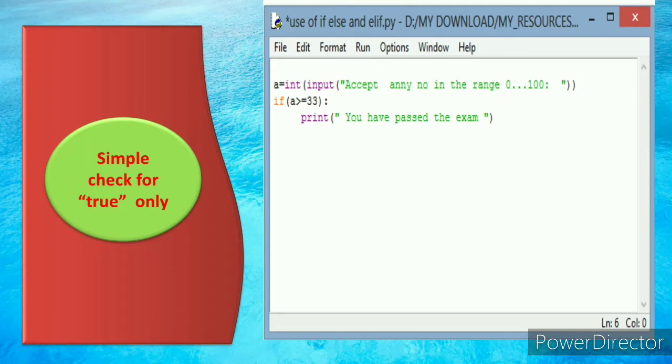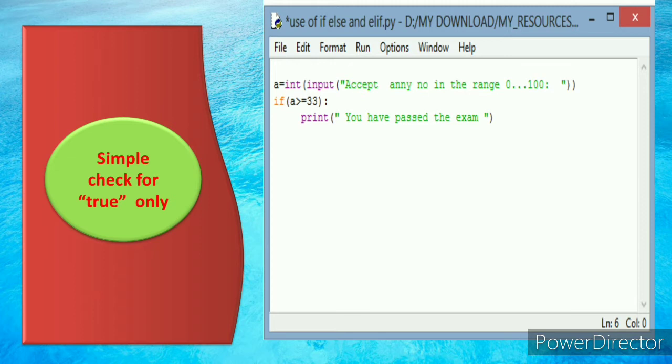Now we can find a small screenshot of a Python program, in which I have used only two statements. I'm not talking about two lines, but two statements. In the first line, a is a variable in which I accept any number between 0 and 100.